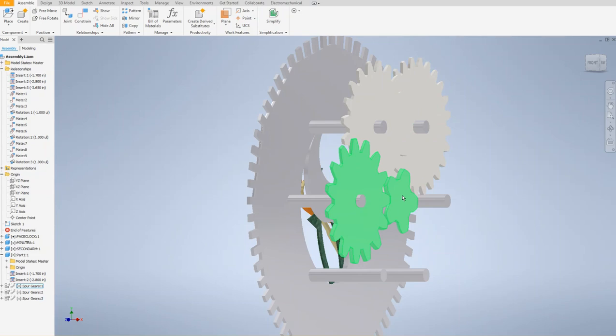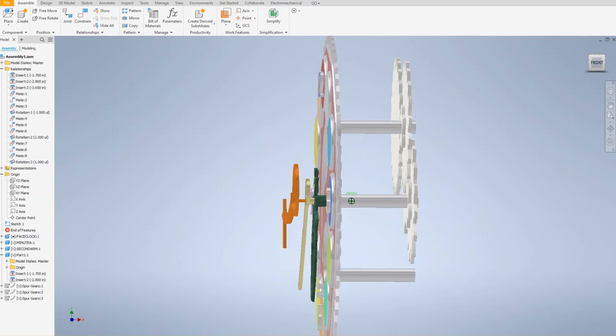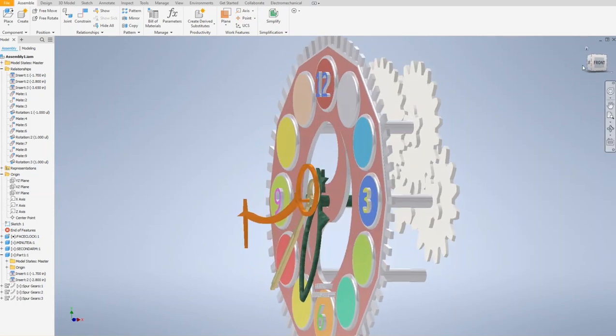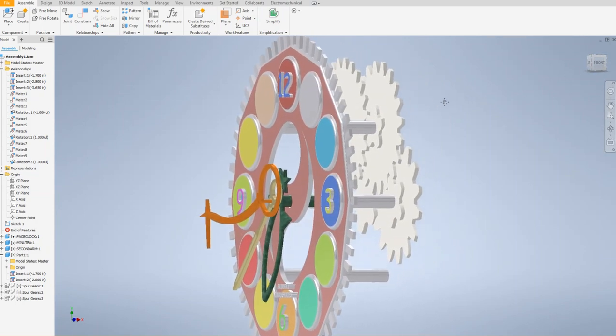However, when the second arm gear rotates, the larger gear connected to one of the fixed axles rotates around the fixed axle as well. And that gives me a mechanical advantage of 3,